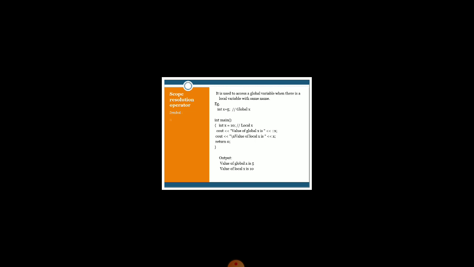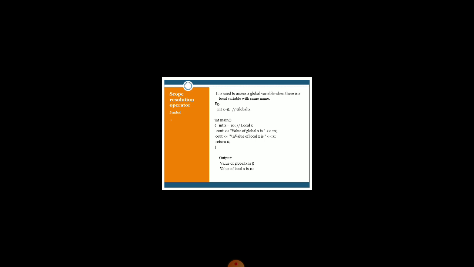So, for that int main block, again if I use the same variable x but define with a different value. The value which I declare inside this block is called the local value, and the value which is declared outside the block is called the global value. Now consider if I want to display the value of x as 5. But in the block if I write cout x, only cout x.